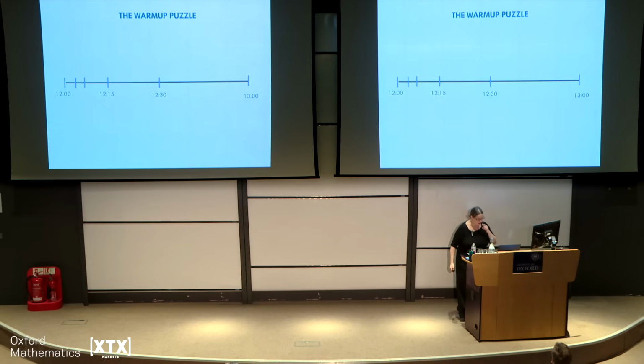So let's start with our warm-up puzzle. In our warm-up puzzle, we have infinitely many clowns, and these clowns don't have unlimited powers, but they do have one very special talent. Their very special talent is they can walk into a room and put some balloons in that room as quickly as you want. Now we have our room, and I'll tell you what goes on in this room between noon